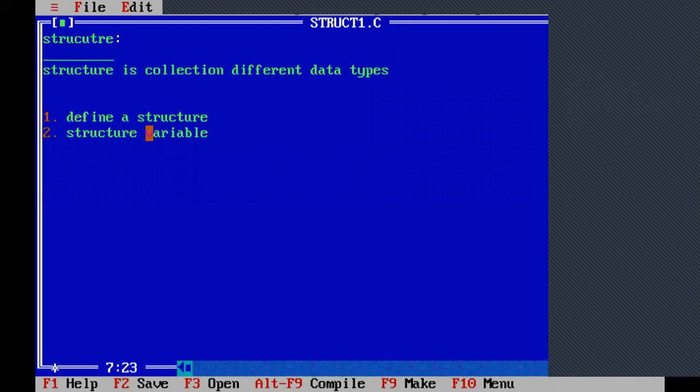After creating the structure variable, whatever the variables we created under that structure, all members, all variables under that particular student structure or employee structure will be allocated with memory in the RAM. When memory is allocated for variables, we know that we can assign the values. So second, the third point is